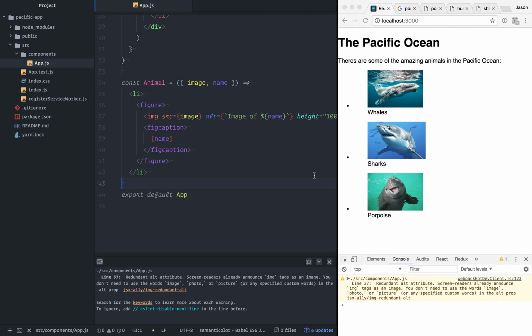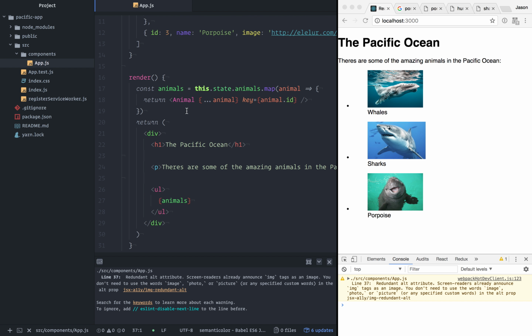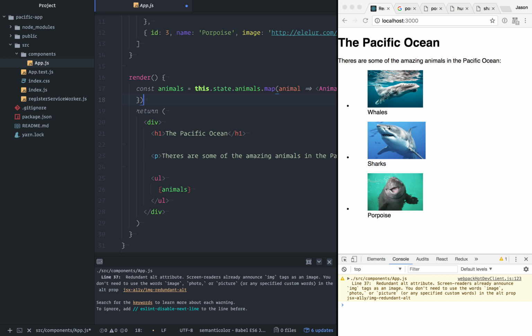Boop. Love that. Look at that. That's just literally some JSX tag, and here's a function that returns it. And we can actually do the same thing right here. So we'll take this,